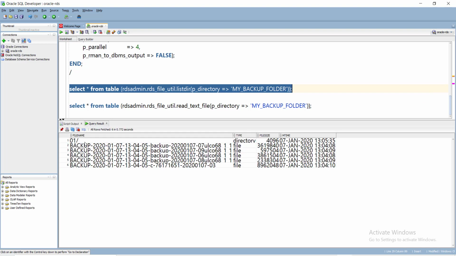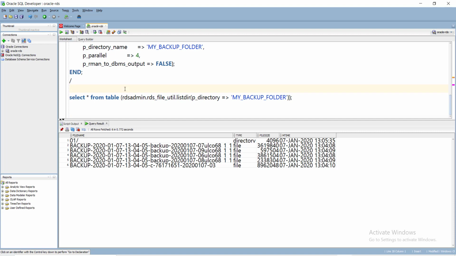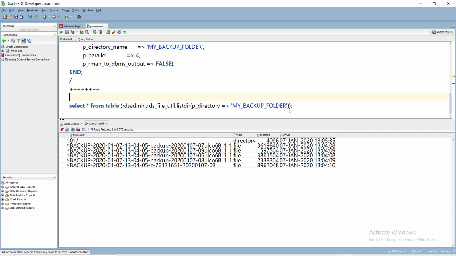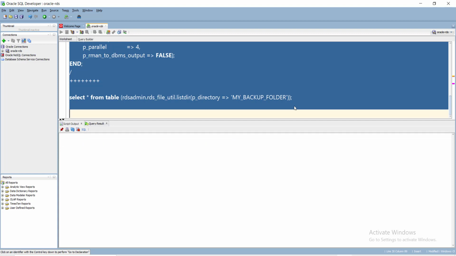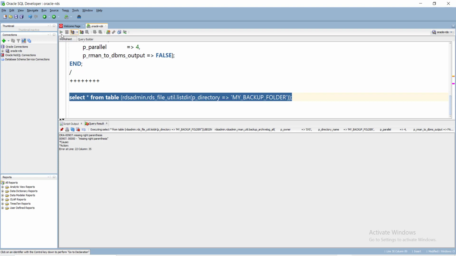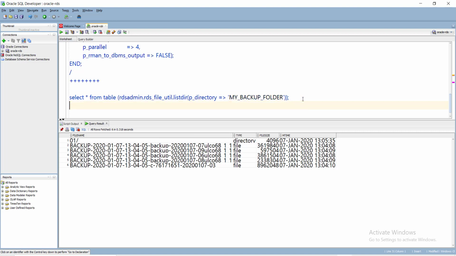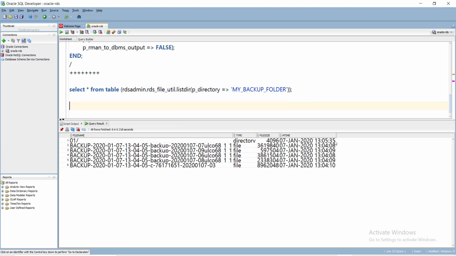See this, the backup file is created as a backup. Whenever you run this, this one is going. So this is the file, it has been created. Now what you will do is, if you want to upload this file to my S3 bucket,